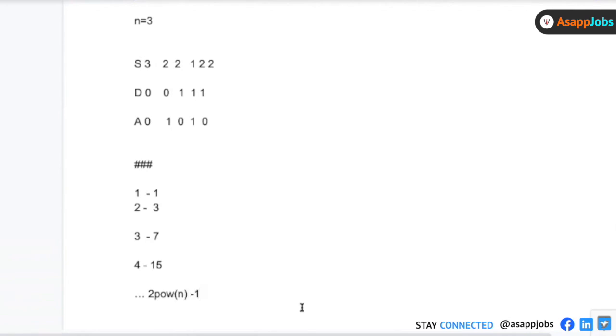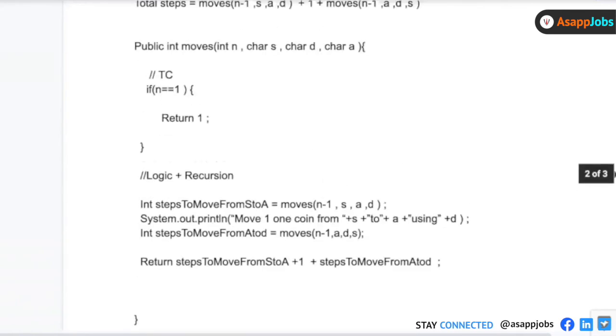But this is a tricky way, so I'll not ask you guys to follow this step, because this will not always work, because you cannot rely on a tricky approach. But this is very efficient, because you have to figure out the pattern of how that is getting you the data. So it is basically 2 to the power n minus 1. You just put the value of n, and you will get the number of moves. But this is a tricky approach, we will not follow that. We'll just follow the logical one, which is the recursive.